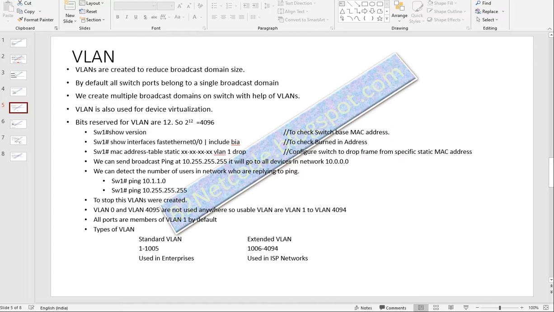We use VLANs to reduce the broadcast domain size, so that one user from one VLAN cannot send broadcasts to a different VLAN, right? We can create VLANs based on any logic, like based on department or